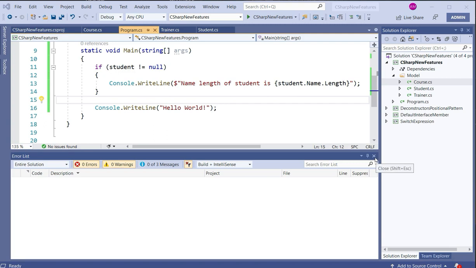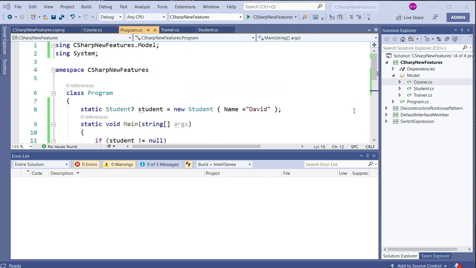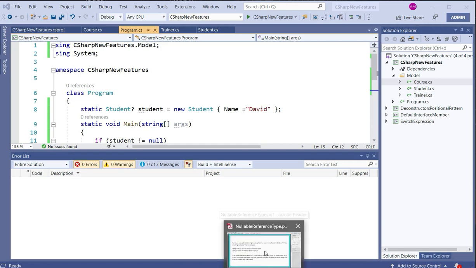Now, what if we do not want to apply this feature across the entire application? If we have got a project in which we have thousands of classes, we do not want to get a whole lot of warning messages from our compiler. We do not want that our compiler yells at us. What if we wanted to apply file by file or one by one by going to each and every class, or maybe in a specific block of code? So instead of applying across the entire application, we can apply it using some context.